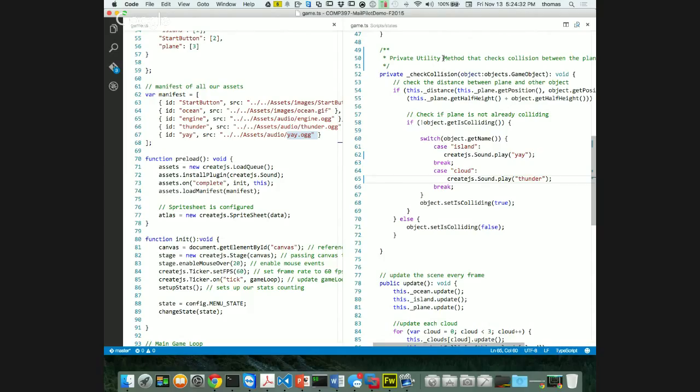Let's try this now. So I've got this thing working. It's got its sounds. Now I want to play my engine sound. Remember, whenever I instantiate my plane, I want to play my engine sound forever, right? So how do I do that? Well, okay, let's check this out. So I want to loop my engine sound forever, right? Well, we're going to get the answers from my